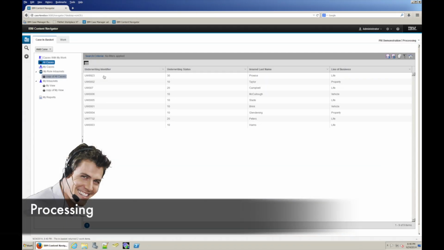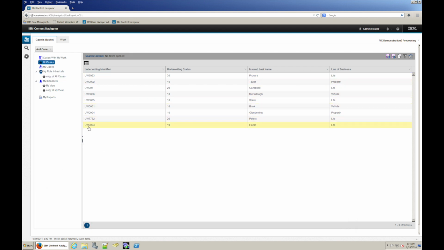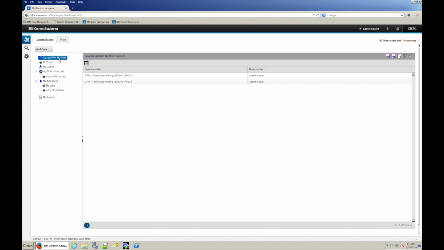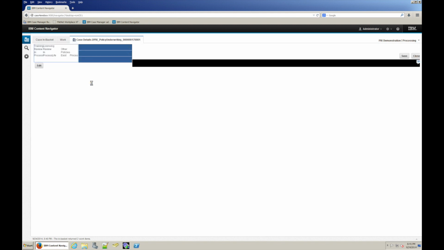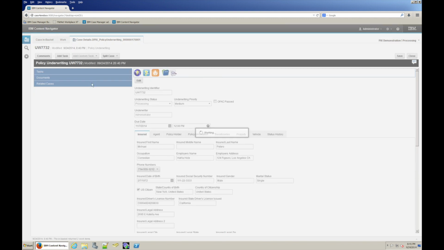The processor is responsible for reviewing and making sure the entire package is complete, ready for the underwriter's review. The processor is what we consider a case worker. They work the entire application and all activities related to it once. They have the ability to look at cases with work, which means these are cases that have one or more tasks associated with them and would be contained within their in-basket. When they open it up, they're able to see the complete view of this